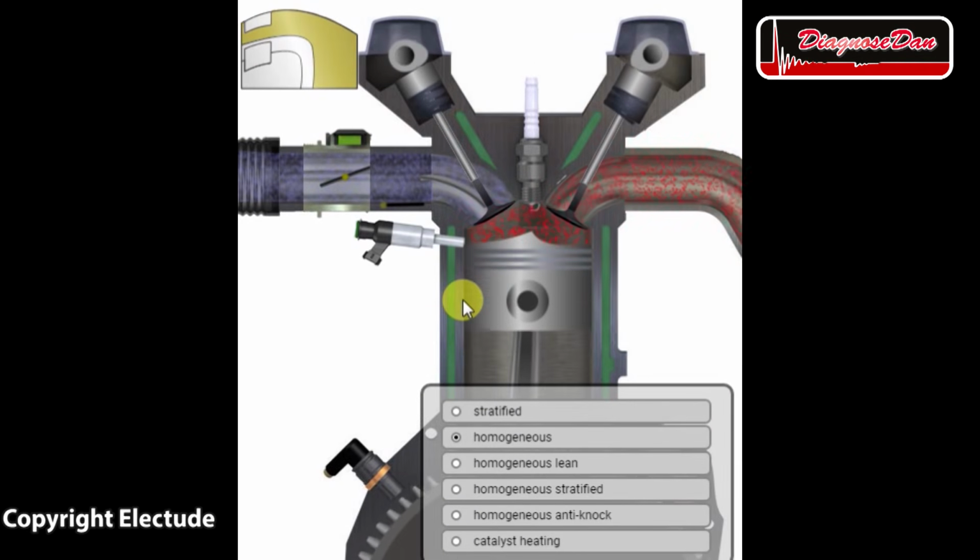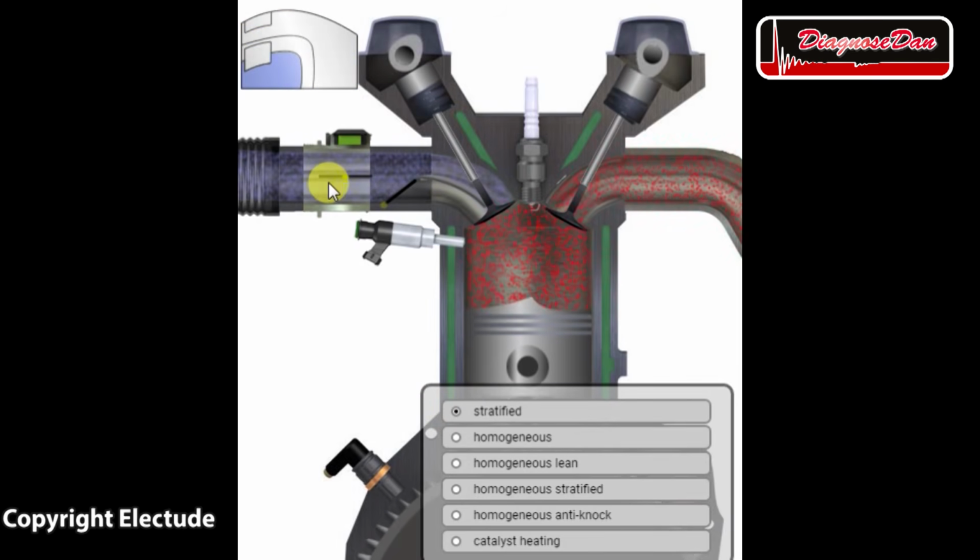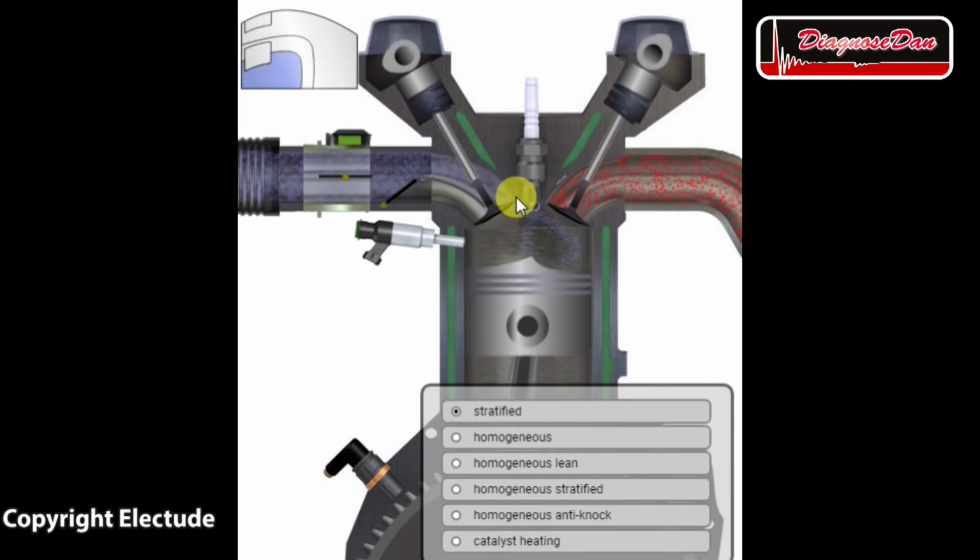Let's switch this engine from homogeneous to stratified engine mode. Now pay attention to this flap inside the intake manifold. When we select stratified engine mode, you will see the intake air is forced to take a certain path into the cylinder. Now because of this path and because of the shape of the piston, the air is guided towards